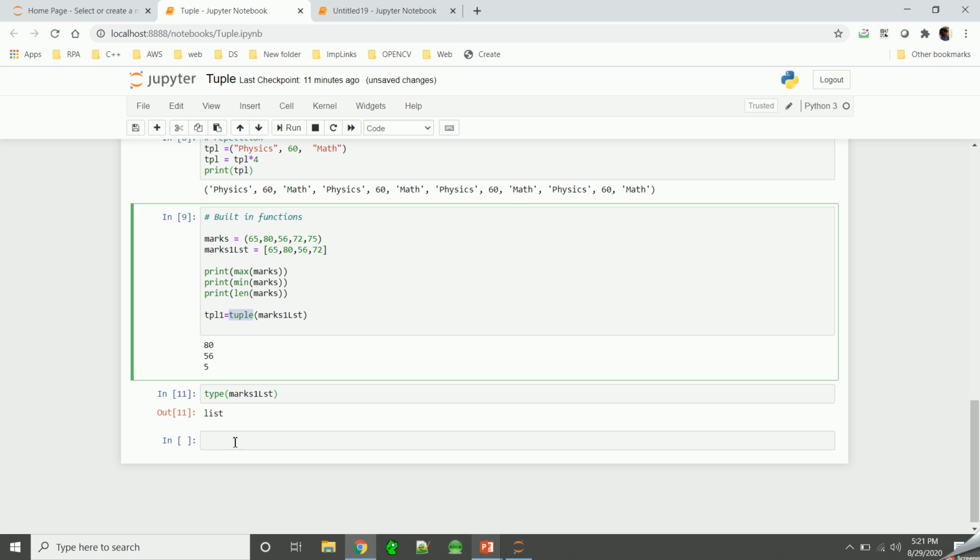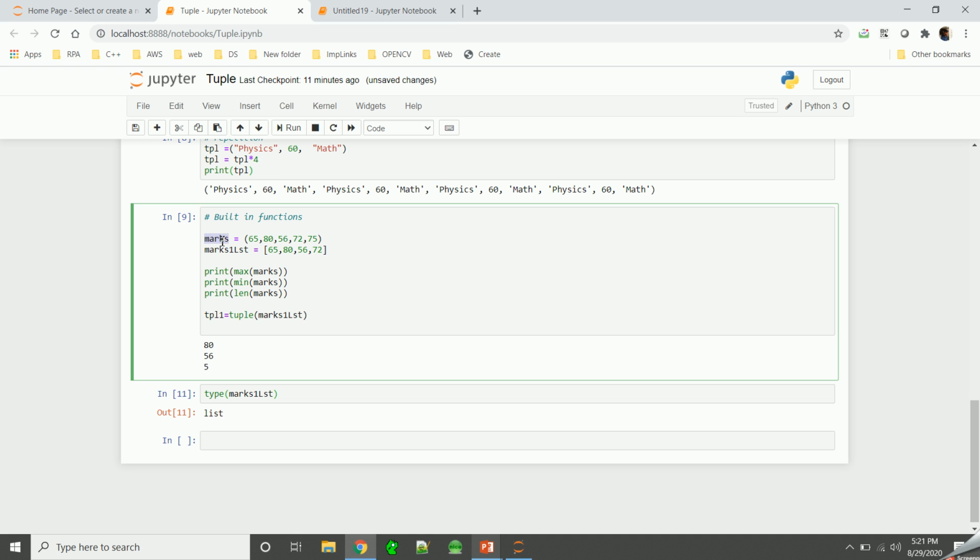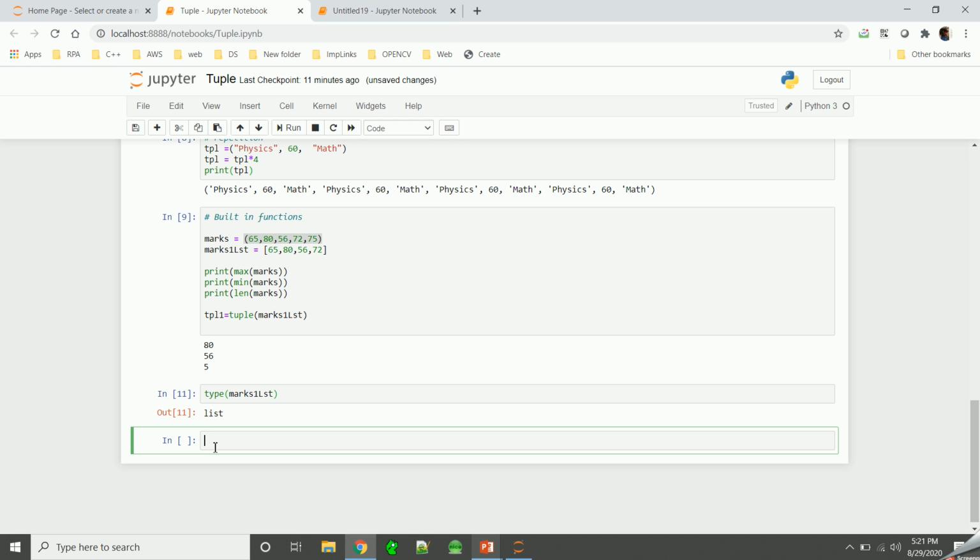Two more operations that are left are membership and iteration. Suppose you have a tuple like this and you want to check whether some value is present in this tuple or not. For that you can use membership. Suppose you want to check whether 80 is present in this tuple.